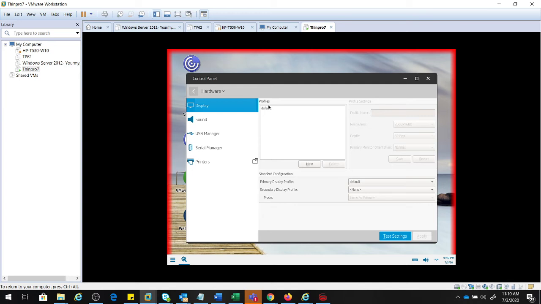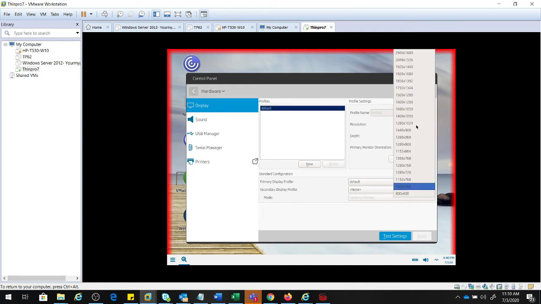In case you have created any profile, you will be able to see it listed over here. I can see here a default profile. Click on it and come to resolution here, and you can change the resolution as per your requirement based on the compatibility. Once you change it, you can click on apply.